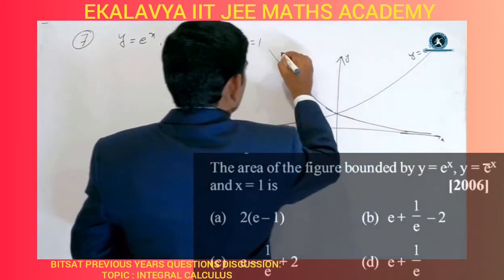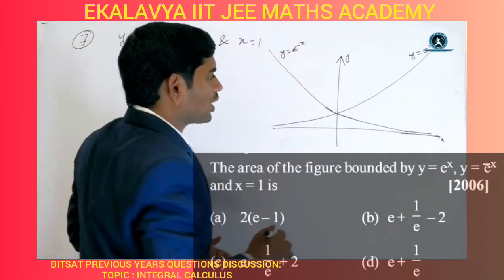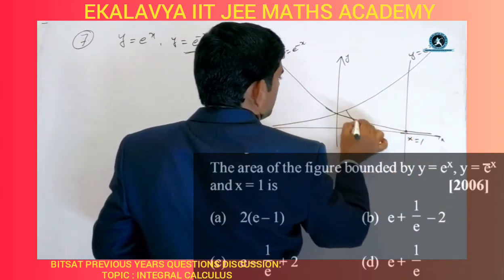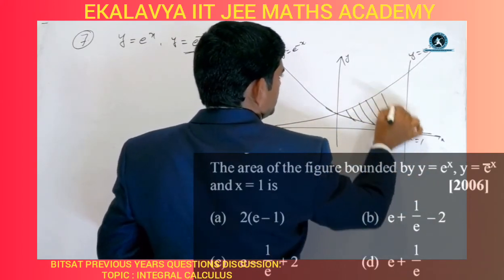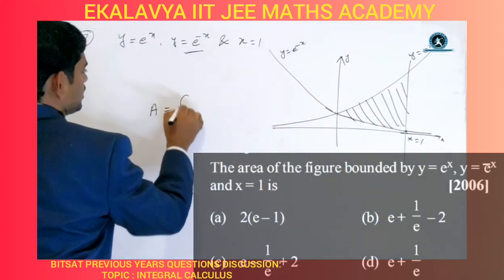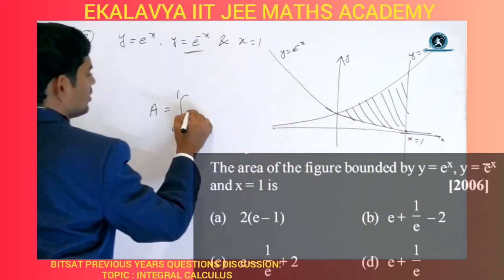It looks like this. Y is equal to e power minus x and x is equal to 1. So this is x is equal to 1. Now I want to find the area of this region. So area is equal to, what we get, integration of 0 to 1 of e power x minus e power minus x